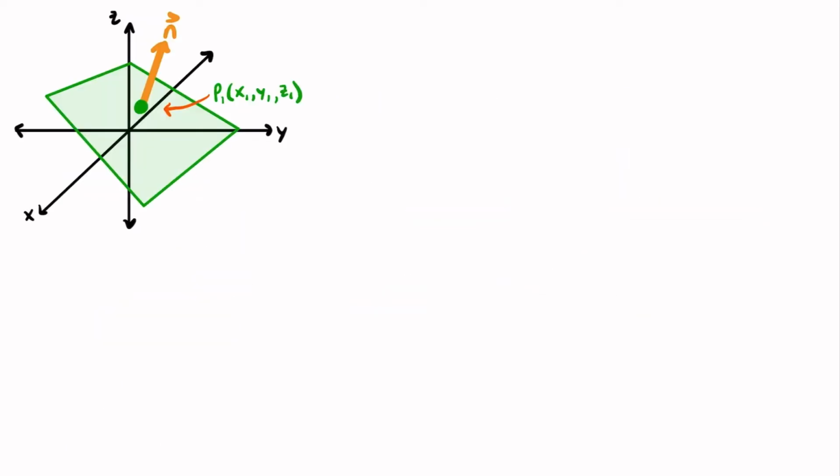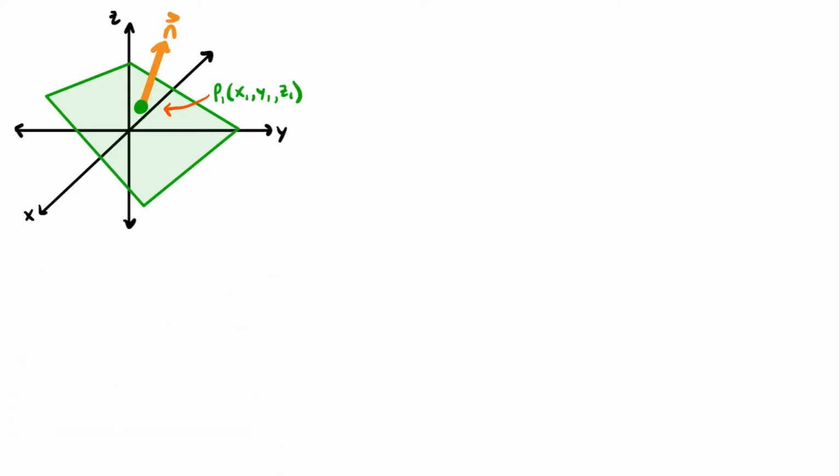Okay, so in order to find the equation of a plane in 3D space using a point on that plane and a normal vector, or a vector perpendicular to that plane, the first thing that we have to do is define this normal vector, right? What would that normal vector be equal to? Well, we don't know. It's going to depend on the specific plane we're looking at, but in general, we'll represent